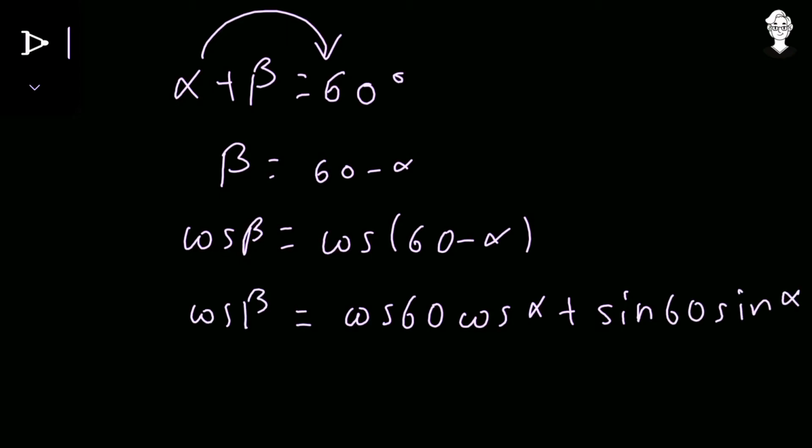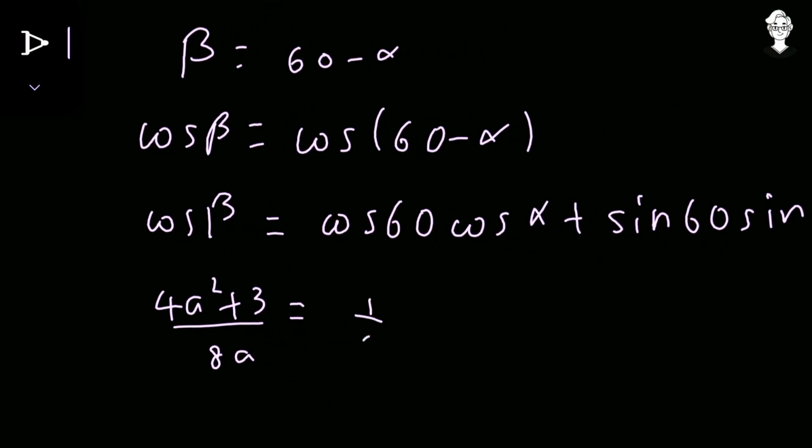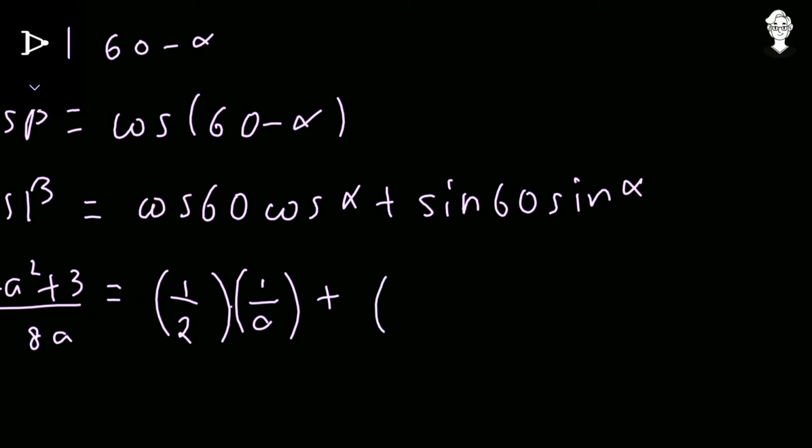Now we have the value of cos of beta, that is equal to (4a² + 3) upon 8a. The value of cos of 60 is 1 by 2. The value of cos of alpha is 1 upon a, so I am writing it over there, 1 upon a, plus the value of sine of 60 is root 3 upon 2, and the value of sine of